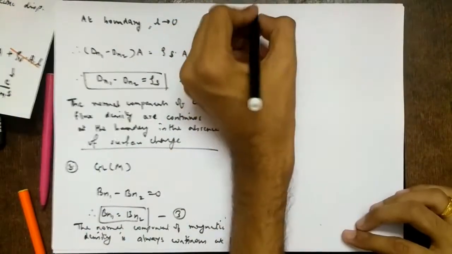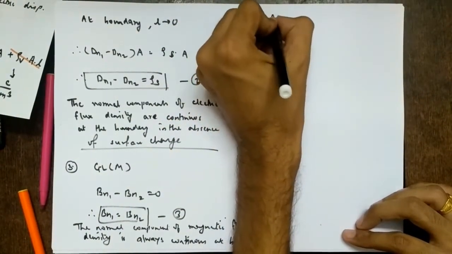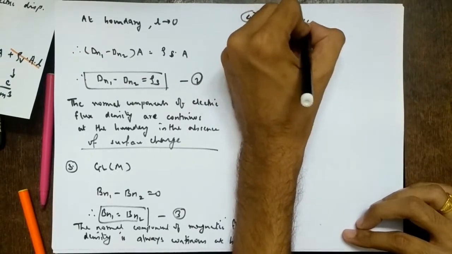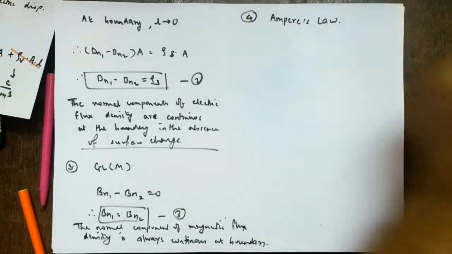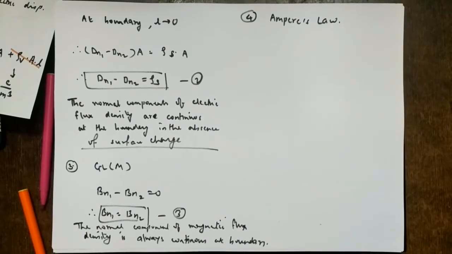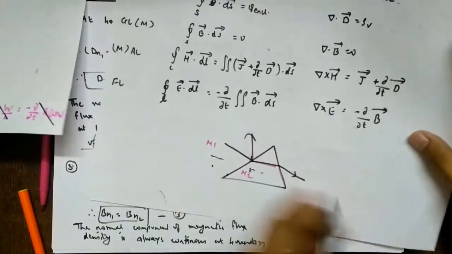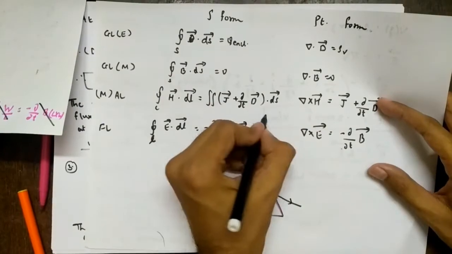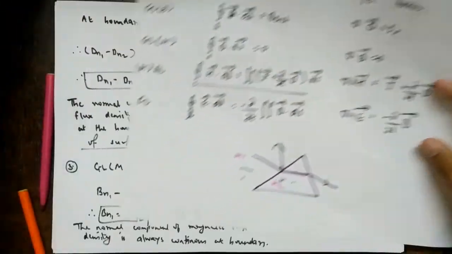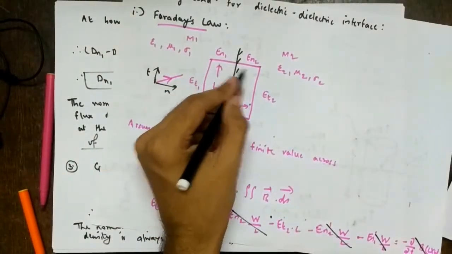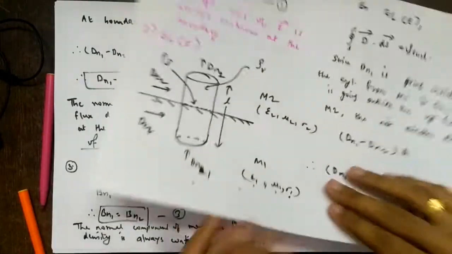So then finally, the last condition is corresponding to Ampere's law, right? So what is Ampere's law now? Just try to recall. It is the closed line integral of H vector dot dl vector equal to the surface integral of J vector plus dD by dt vector dot dS vector. This is it, right? So I forgot to mention why I am drawing in this way only. Why I drew a rectangle and why I drew a cylinder for Gauss law.